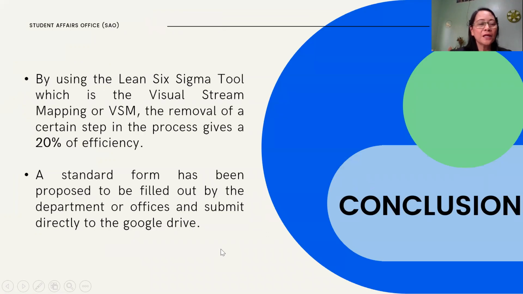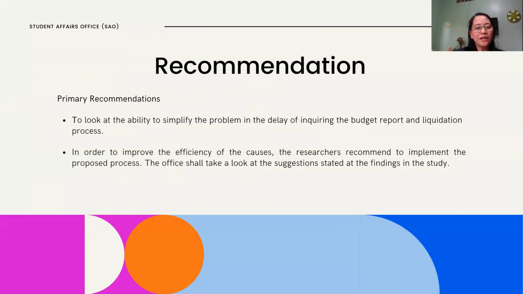In conclusion, by using the Lean Six Sigma tool, which is the value stream mapping or VSM, the removal of a certain step in the process gives 20% of efficiency. A standard form has been proposed to be filled out by the departments or offices and submitted directly to Google Drive. It is then recommended to look at the ability to simplify the problem in the delay of acquiring the